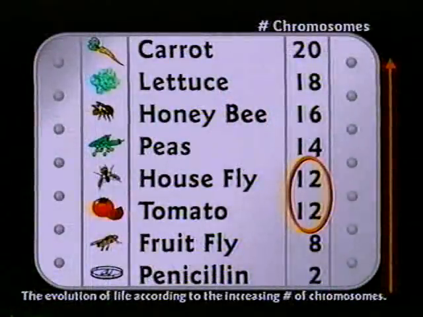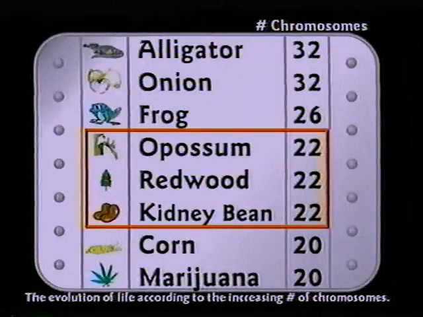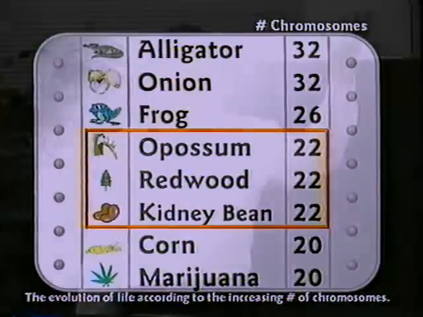Slowly it evolved into a pea, of course, with 14 chromosomes, and then I'd add the numbers up. These are the actual number of chromosomes found in these organisms. Now, possums, redwood trees, and kidney beans all have 22. Proving, of course, they're identical triplets, closely related. Most people can't tell the difference between a possum, a redwood tree, and a kidney bean. Average scientists can't, that's for sure, because they're obviously identical.